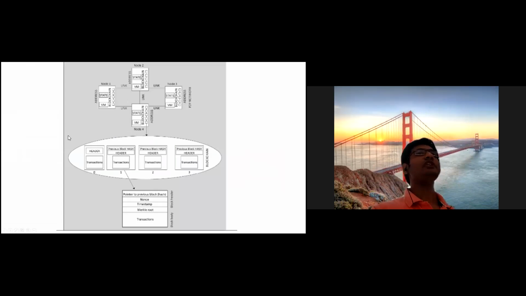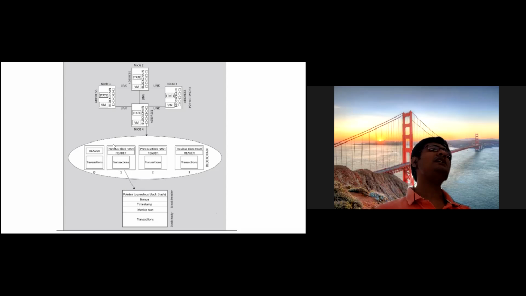Now, this image is not pretty clear, but you'll be able to correlate easily. So basically, just to give a glance, there are multiple nodes in the blockchain, like we have seen in the images. There will be multiple nodes in a blockchain, like node 1, node 2, node 3, node 4, likewise. And then each node will have a blockchain. A blockchain will have what? It will have a header, transaction, previous blocks information, and the transaction header. So this will be your blockchain.